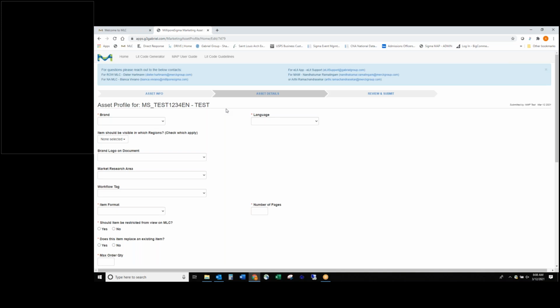So one of the goals that we wanted to achieve was to make sure that as you're adding new literature to the MLC, it's visible only to regions where that product or that promotion are valid. The way that we've updated that, a lot of it is in the background with no issues from your side to have to address, but you'll notice when you log in the next time and you select the brand of Merck